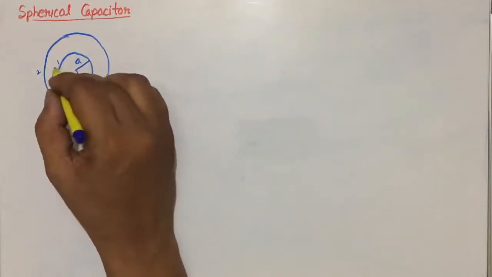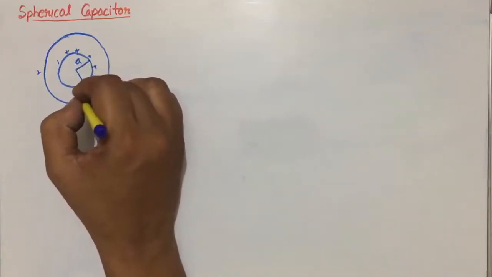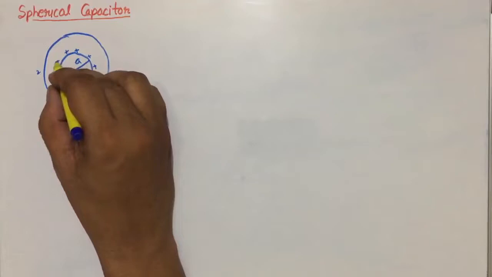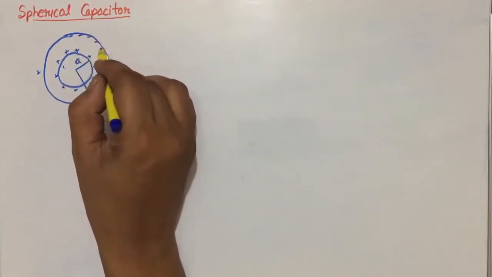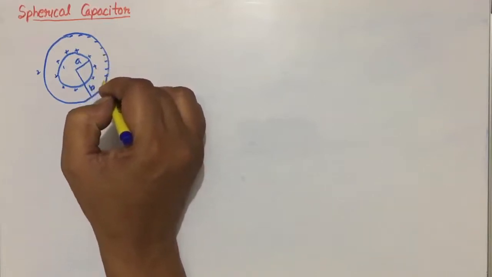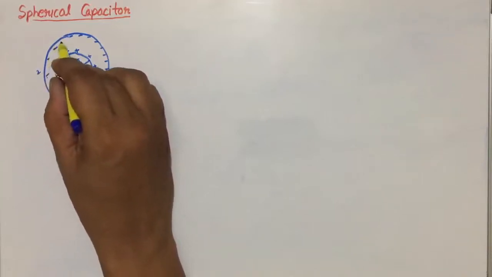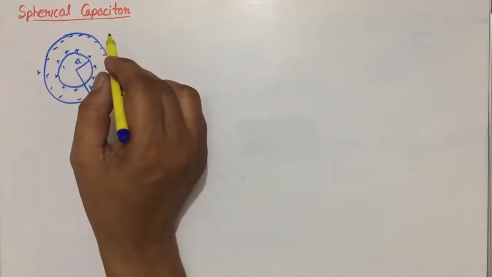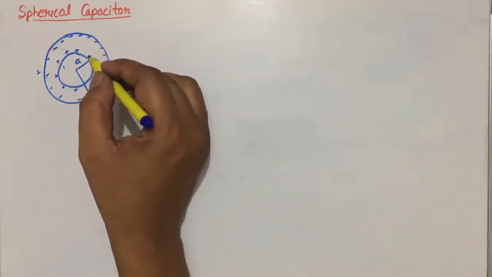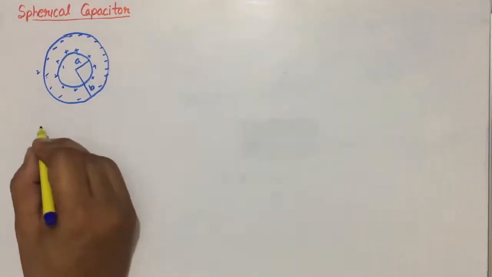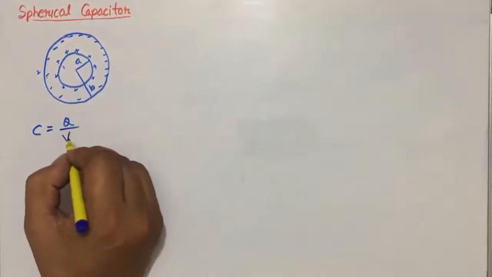So there is positive charge at this surface and negative charge at this surface. This is the case, and if we wish to find the capacitance, then C can be written as Q by the potential difference,